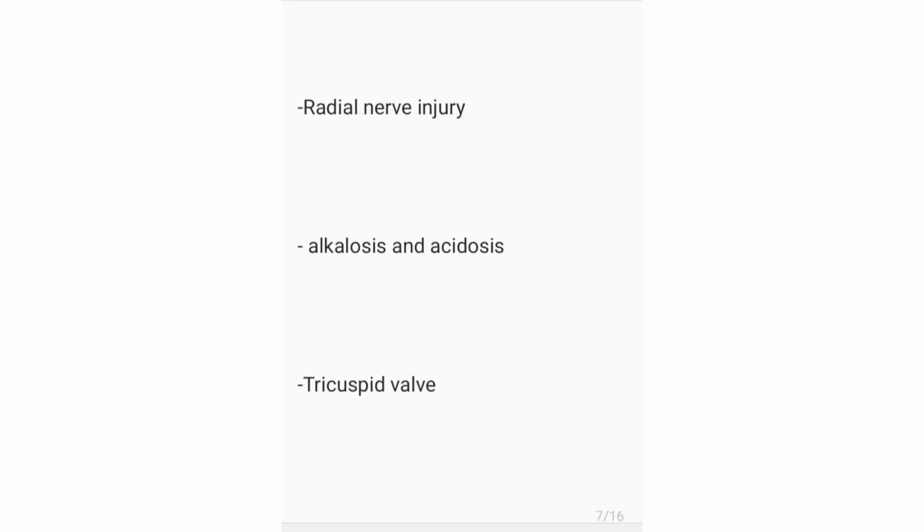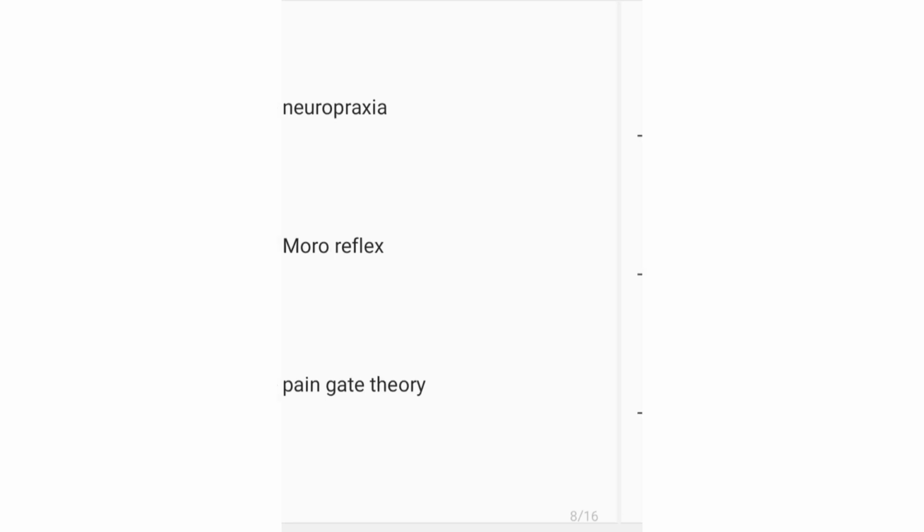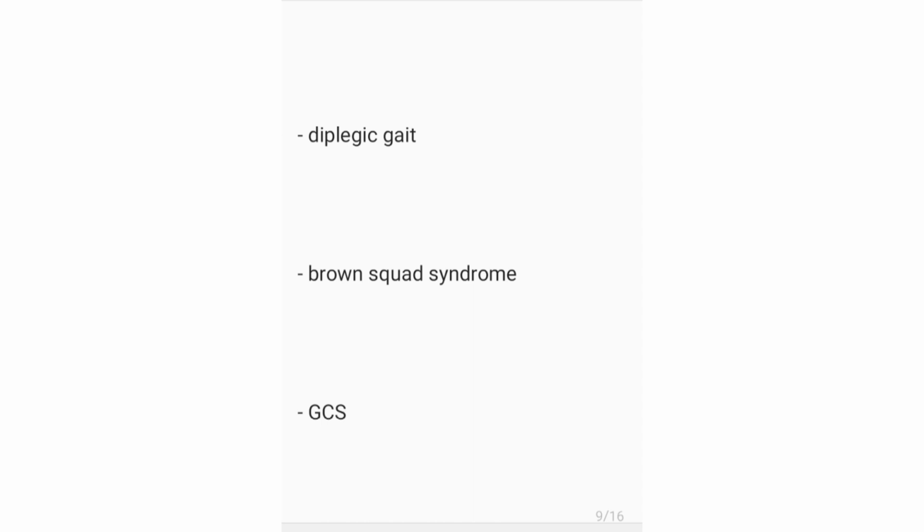radial nerve injury, alkalosis and acidosis, tricuspid valve, neuropraxia, Moro reflex. Reflexes, pediatric reflexes are very important. Pain gate theory, diplegic gait, Brown-Séquard syndrome,